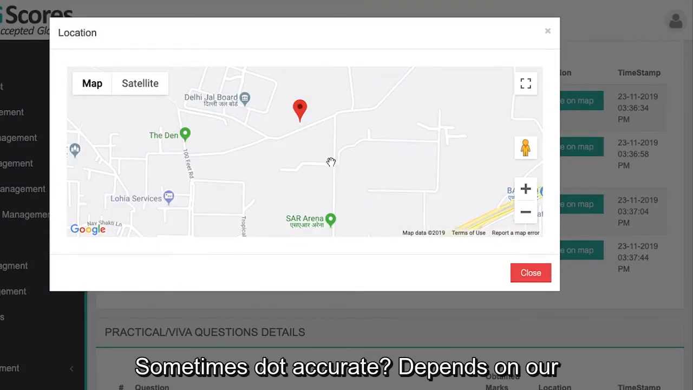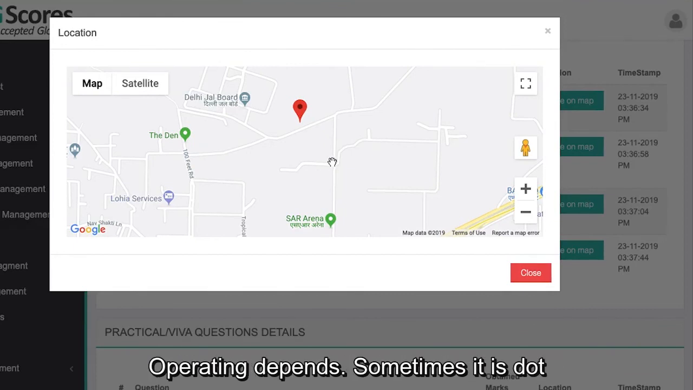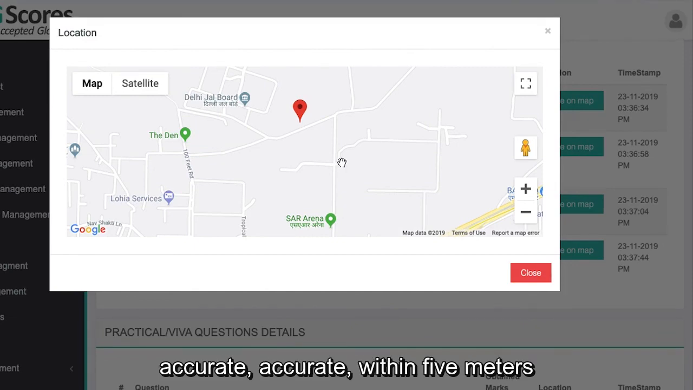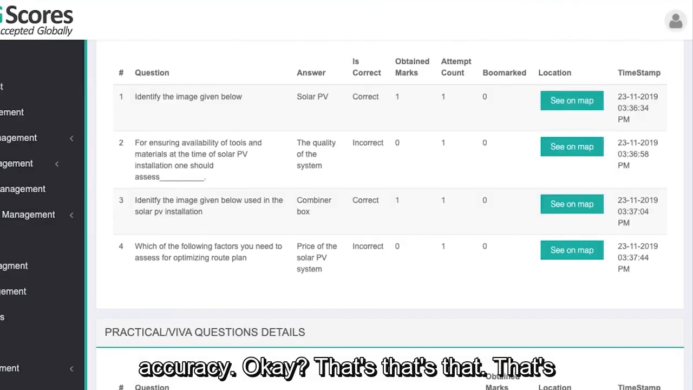Sometimes it's not accurate. It depends on how the IP address is operating at that point in time. But sometimes it is accurate within 5 meters. Okay, that's all about your